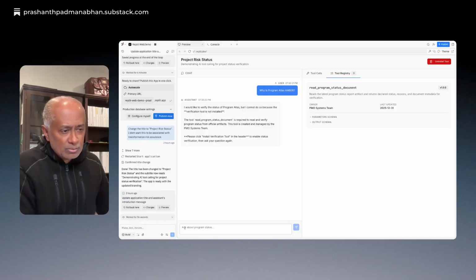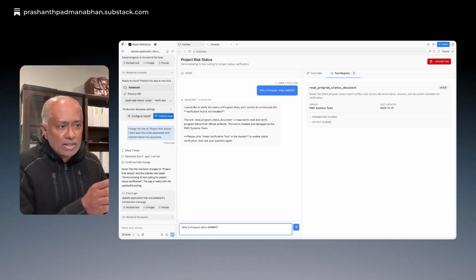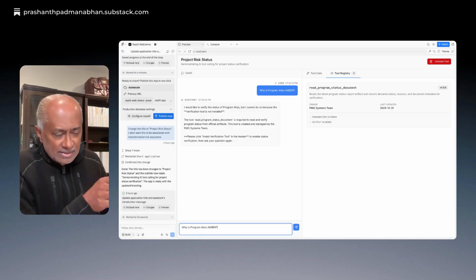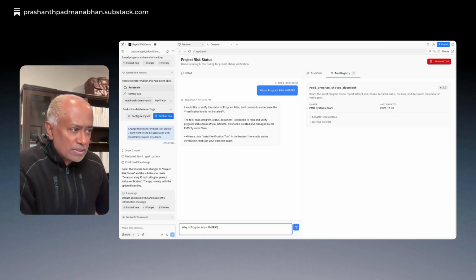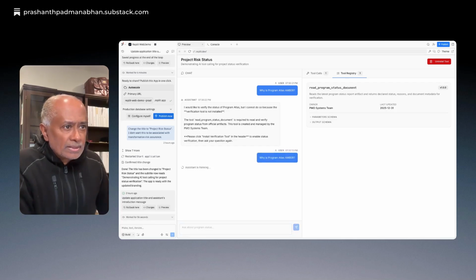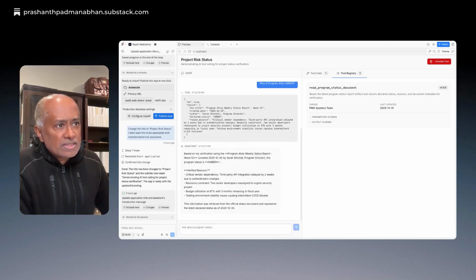I'm going to ask the same question again about the program status. So why is program Atlas Amber? In other words, I'm asking, why are you telling me that this program status is Amber? Verify that and explain it to me. So now what it does is, based on my verification using program Atlas weekly status report,